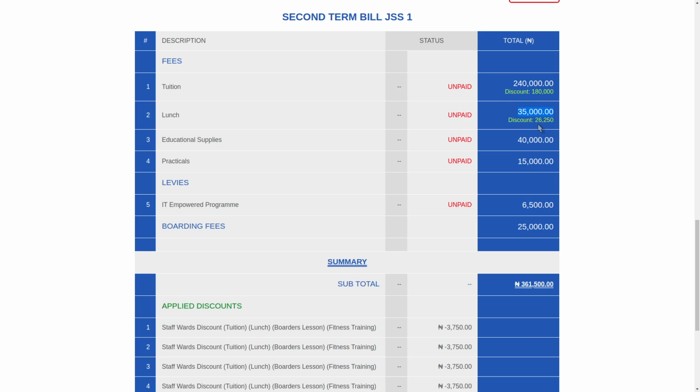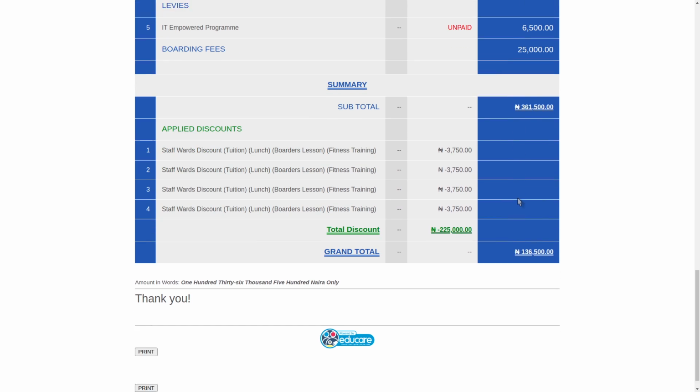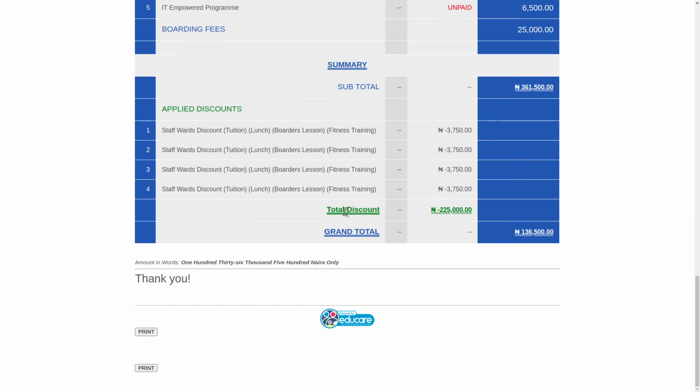This one is 35. So 75% was taken. This one, 180,000. That's 75% of 240. So that is meant to be the same thing across the span. So at the end of the day, the whole discount that is taken is minus 125. So if you remove 225 from 361.5, the balance is 136.5, and that is what we should be expecting from this invoice. I'll check on these ones to ensure that these are the values, the names are fine, but